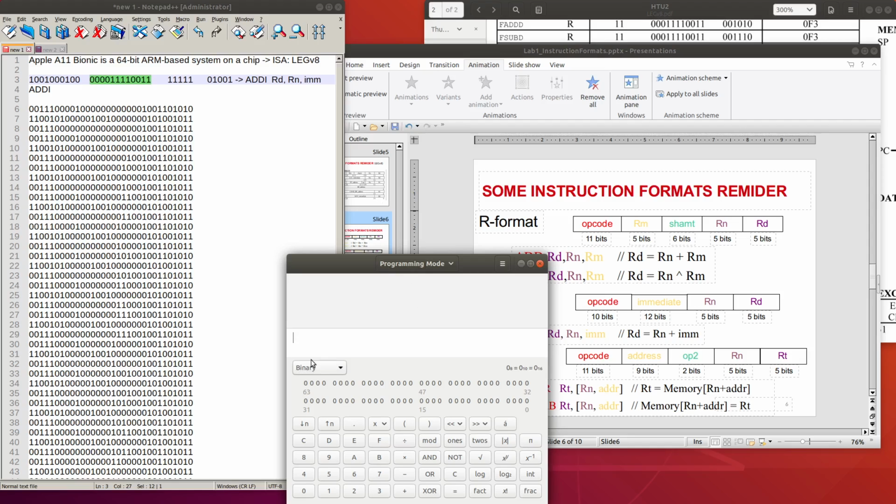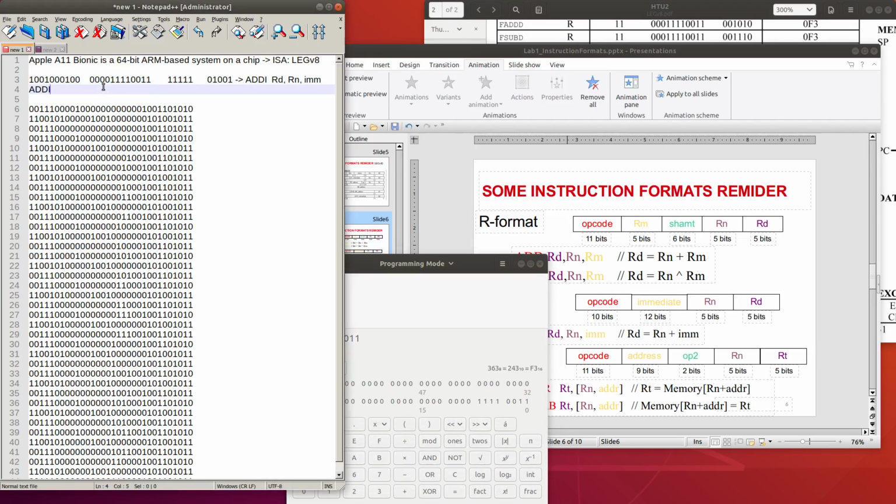Here it is in binary mode, so we will paste this bit sequence, the 12-bit sequence for the immediate, into this. We can see the value in hexadecimal is 243, and in decimal.